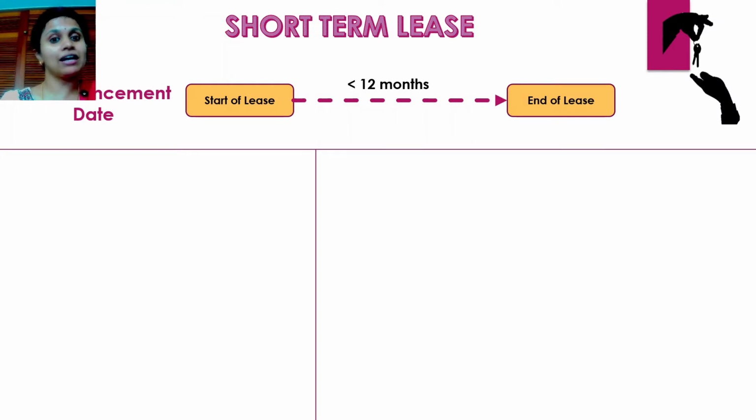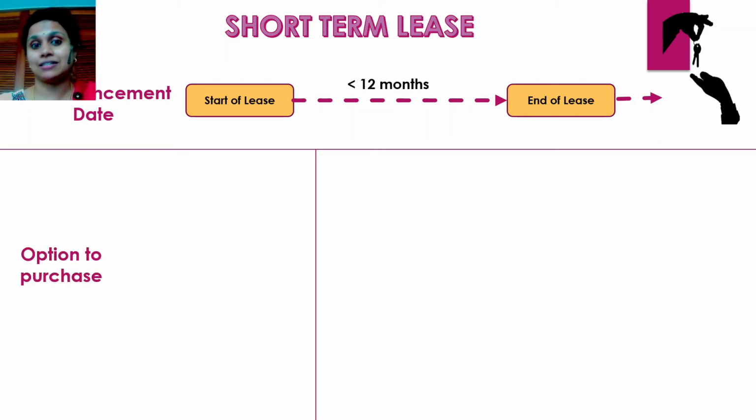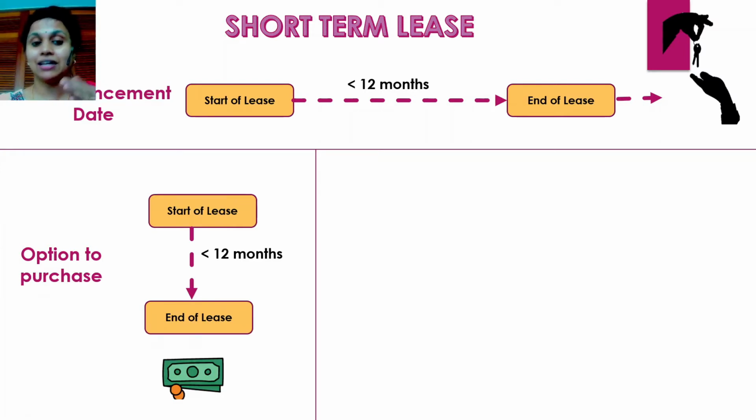Now, let us say the contract allows an option to extend the contract at the end of the lease. Now, if the lessee feels that he will take up this option and extend it, in that case, he cannot consider this lease a short-term lease. Now, there's another option. There could be an option to purchase the asset, which means once the lease ends, the lessee may be able to actually purchase the asset. Now, in this case, the lessee cannot classify this lease as a short-term lease, irrespective of whether he intends to buy or not. If there is an option to purchase, it is not a short-term lease.